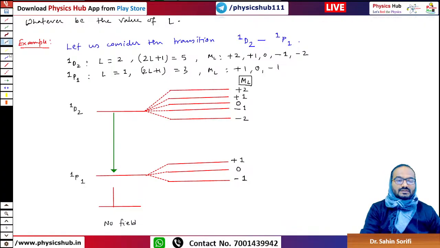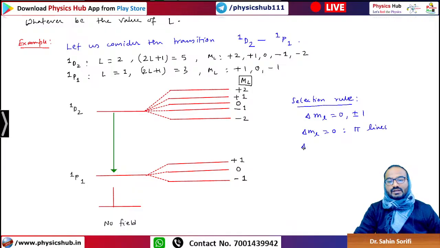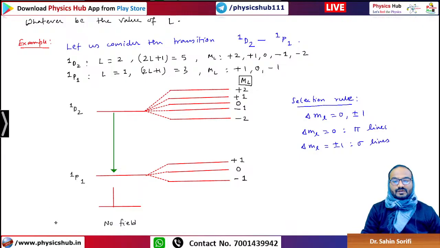Now we have the selection rules. Okay, what is the selection rule? I told you the selection rule was delta ML equals 0, plus minus 1. So when we have delta ML equals 0, this will give you the pi lines, and when delta ML is equals to plus minus 1, this will give you sigma lines symmetrically displaced around this pi line. Okay, so look at the transitions. ML equals 0,